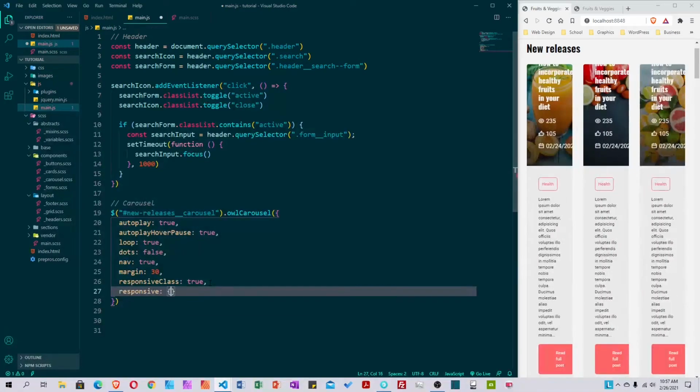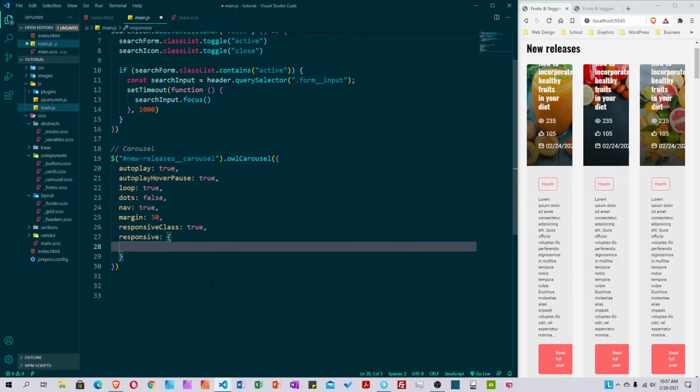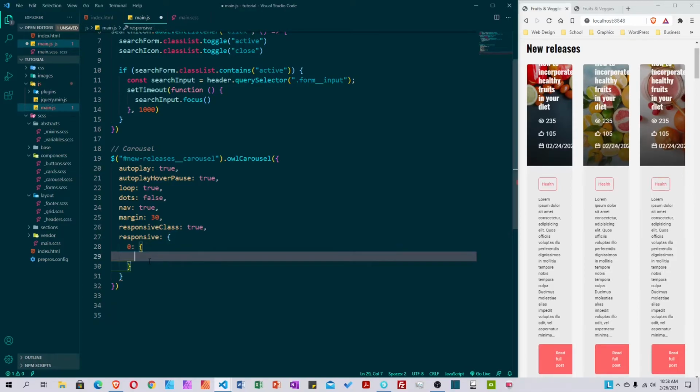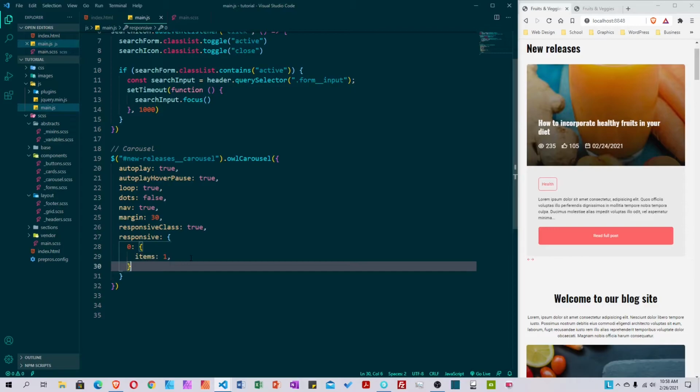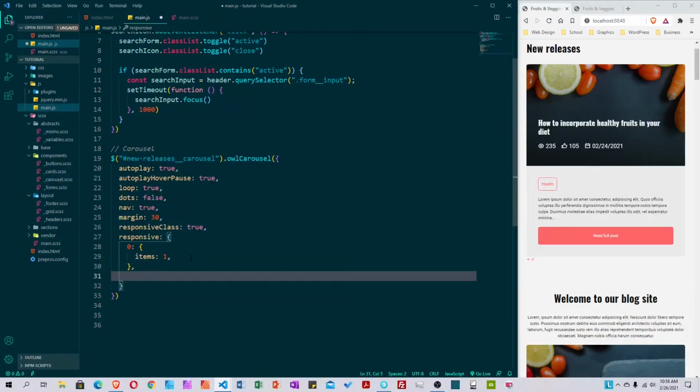which is an object. Inside of here, the first thing we read is the browser width, so 0. Mobile first. I say item to be 1. Save it. Now you see we only got 1. Got 1 right here. For the second width 553, the medium